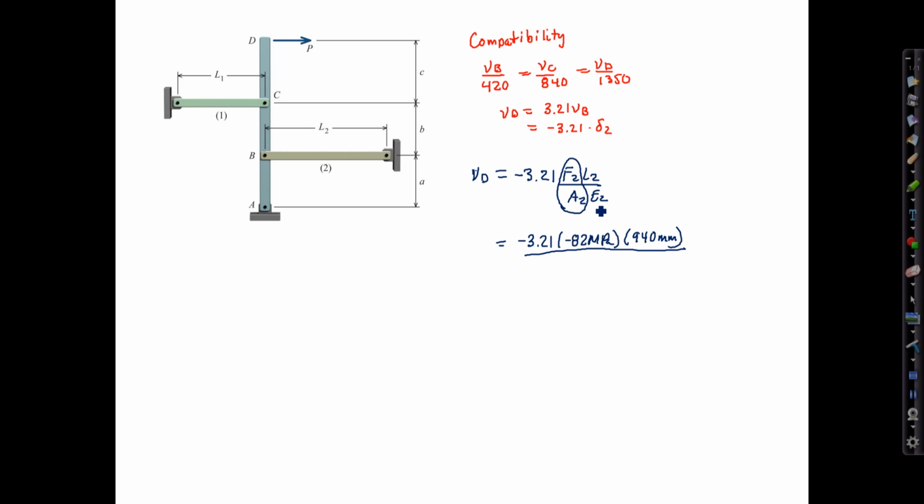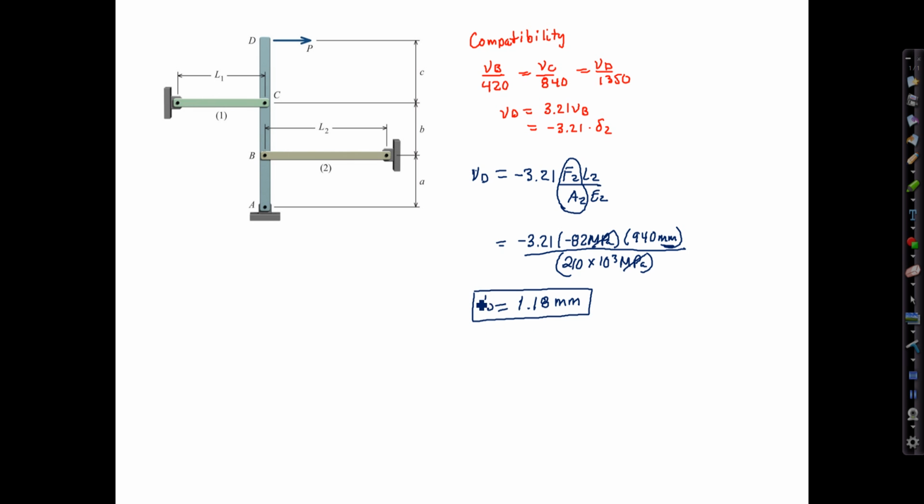elastic modulus. And here I need to be careful to keep the units consistent. E2 at 210 gigapascals needs to be converted to megapascals. So 210 times 10 to the third megapascals, so that those two units can cancel. We're left with units of millimeters, which is what we expect for a deflection. And with punching all those numbers into the calculator, you would get something like 1.18 millimeters, keeping 3